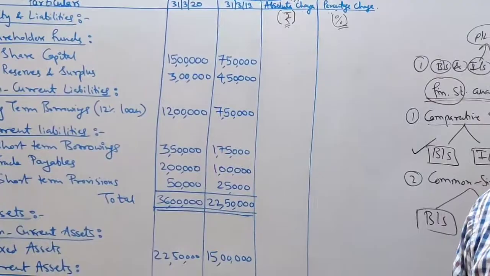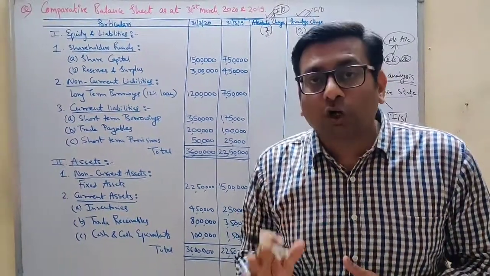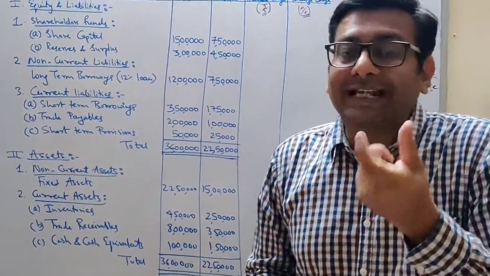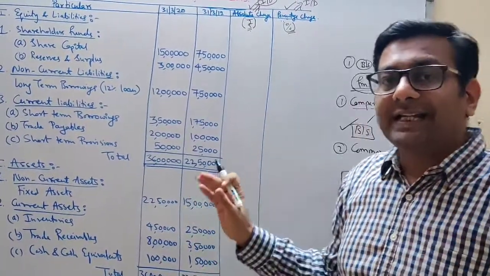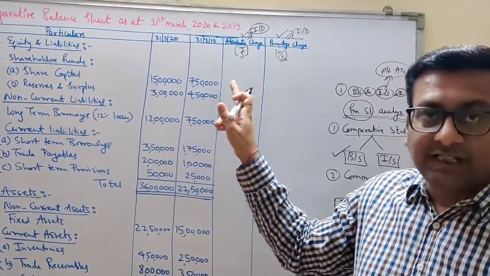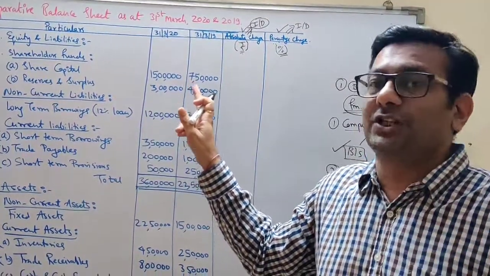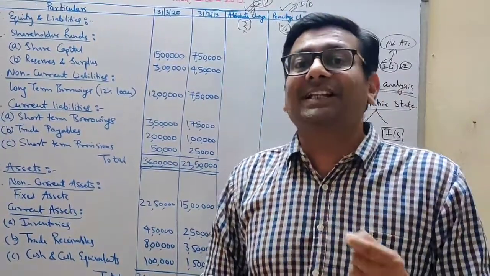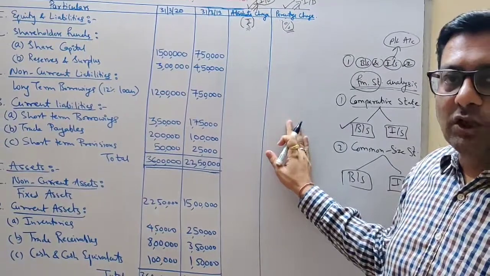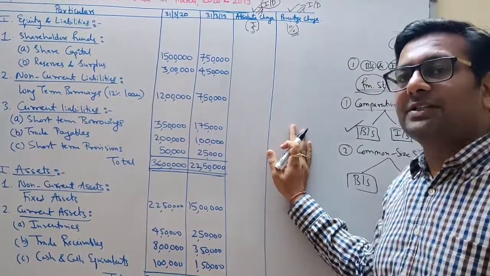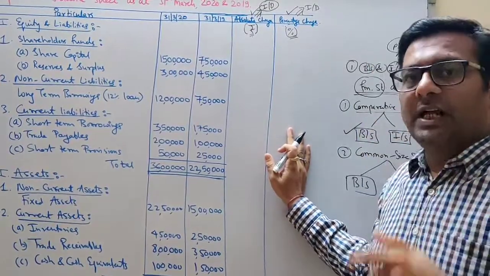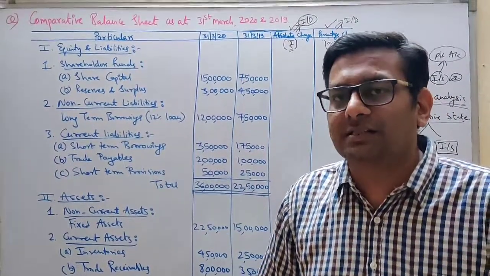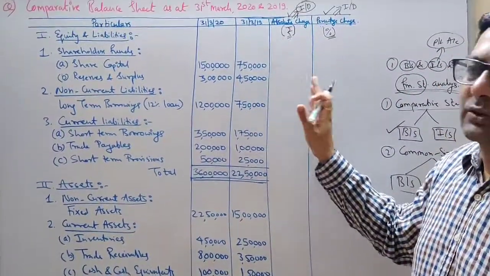So when you are solving this sum in exam, when you are drawing a table, draw your table with 2 extra columns. And what will you label these 2 extra columns? You will label it as absolute change, in which you are going to write increase decrease in rupees term, and the last extra column will be labeled as percentage change, and you are going to write here your answer in terms of percentage. Have you understood this? And you have to first copy down the entire question as it is in your answer sheet. Now let's start solving how to write increase and decrease.